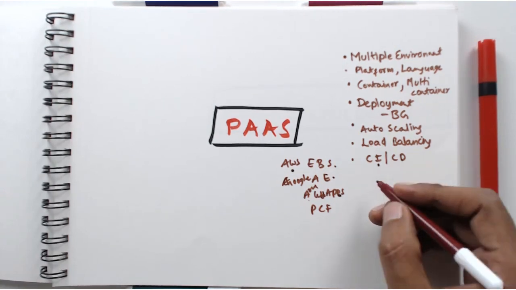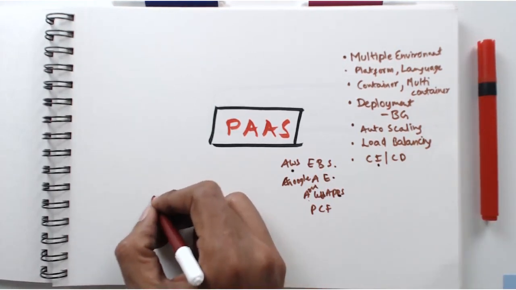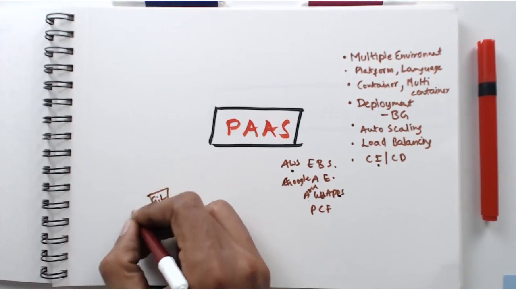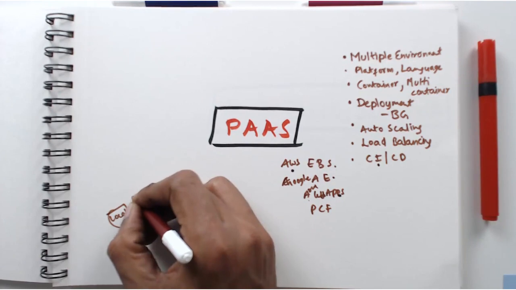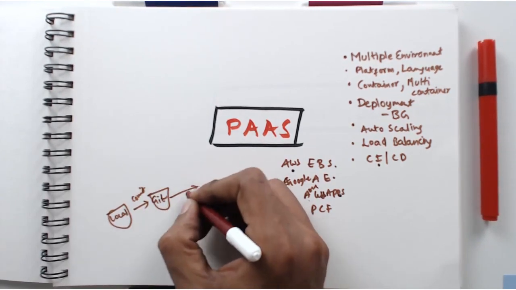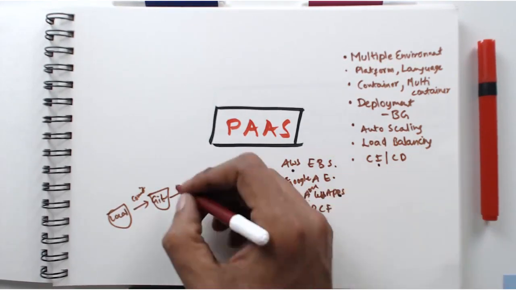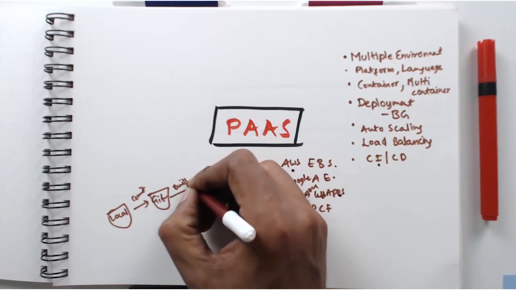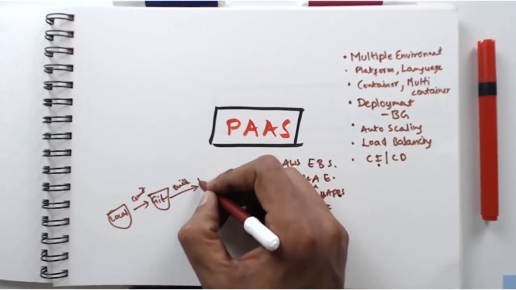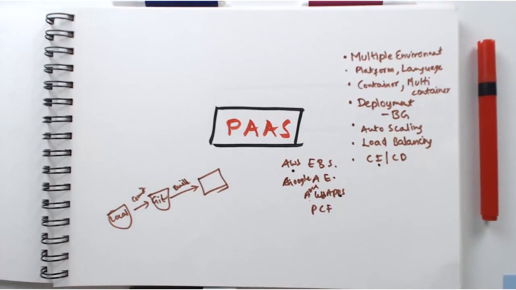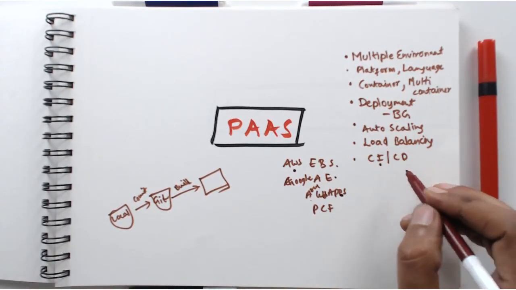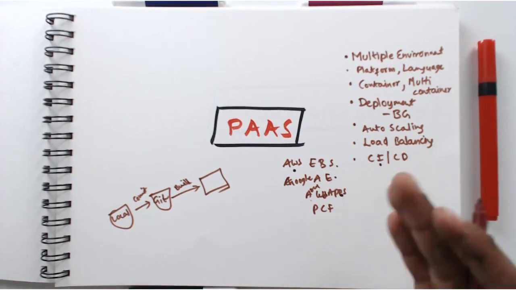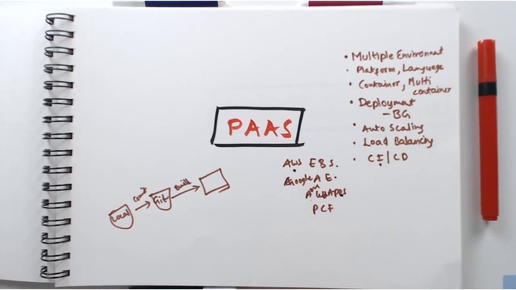So all that you need to do is have your code in a Git repository. Once you commit the code from your local machine to the Git repository, you can have a build scheduled using any of the tools that we have talked about, and it would directly deploy it to the appropriate platform. So this is the advantage of continuous integration and continuous deployment. You can continuously keep deploying new versions of the code, and if you have automated tests and all that stuff,